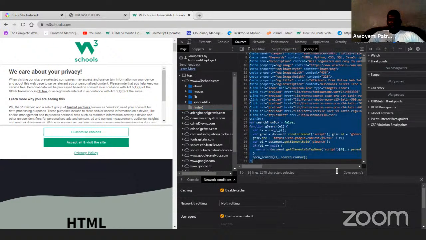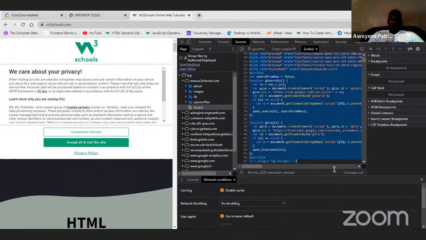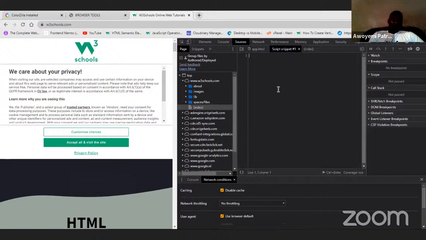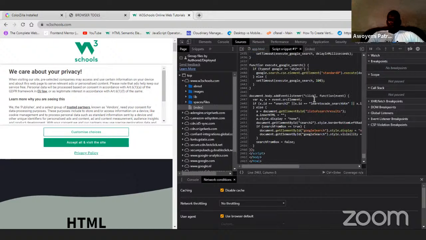So you can access this file code here. Control A, Control C, then add it into your snippets. Then later you can start inspecting it, work with whatever you wanted to take out from it. The same thing applies to